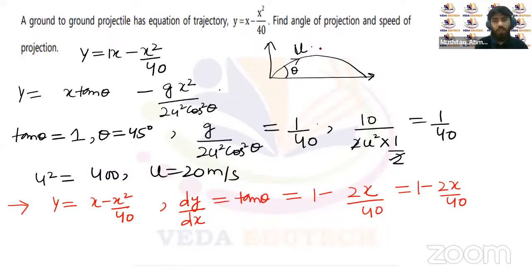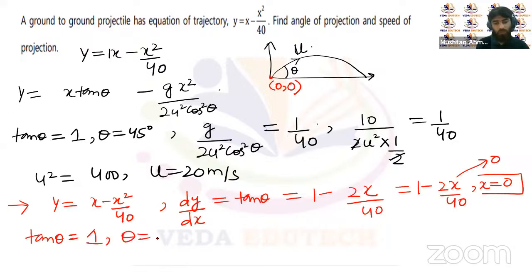The question is asking us to calculate the angle of projection, meaning the angle at which the particle was projected. And when this particle was projected, it was at the origin. It means that the coordinates of this particle at origin have to be 0, 0. So at origin, when it was projected, the x coordinate would have been 0. Just put the x value here as 0, and we get tan of theta equal to 1. So theta is equal to 45 degrees once again. So there are two ways of solving this